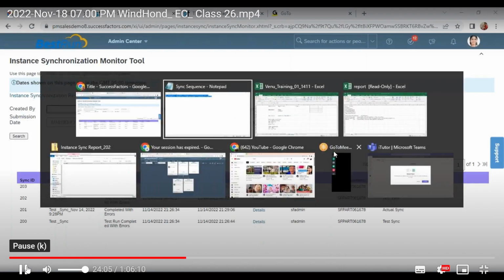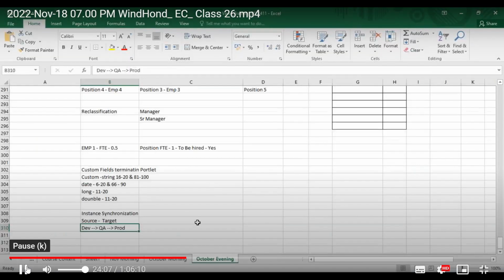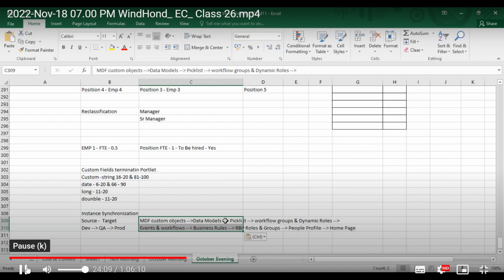And this is the sequence you have to follow. First, always the custom objects. Now, if it is your implementation, then always go with the custom objects, and then data models. Pick list, if you have made any changes in the pick list, you can go with the